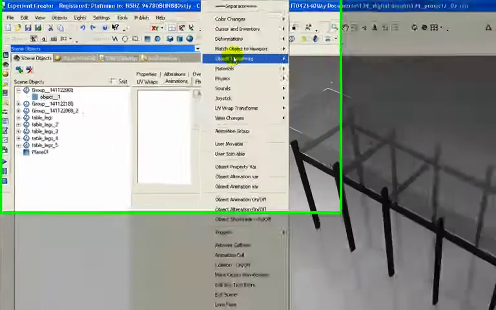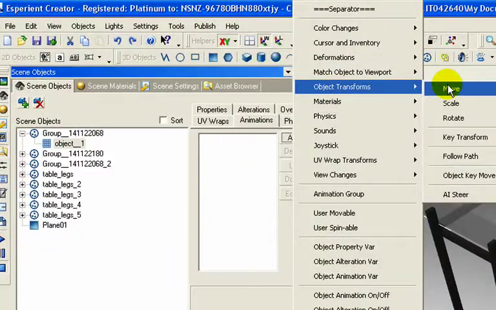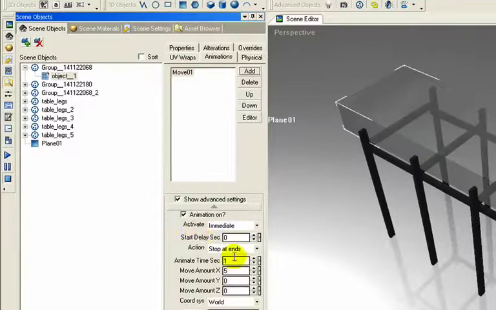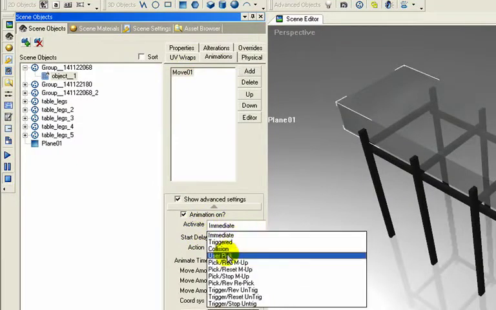So we want an object transformation, we want to move it, and so you could scale it or rotate it. There's a lot of things you can do, which is quite cool. So we've got move, we've added move. Activate immediate, we don't want it, we want it to be user picked, so when we click on it it'll move. So when we go user picked,